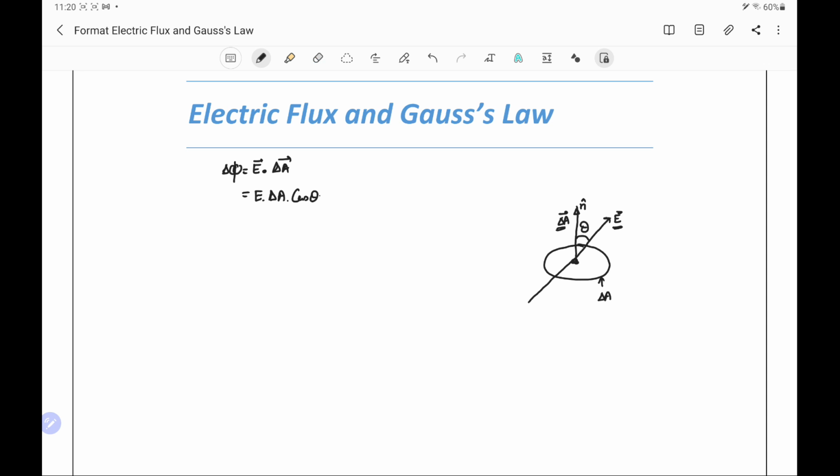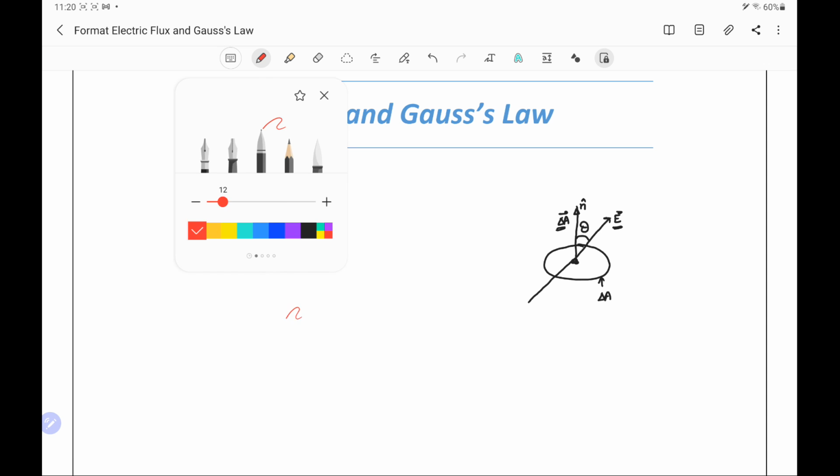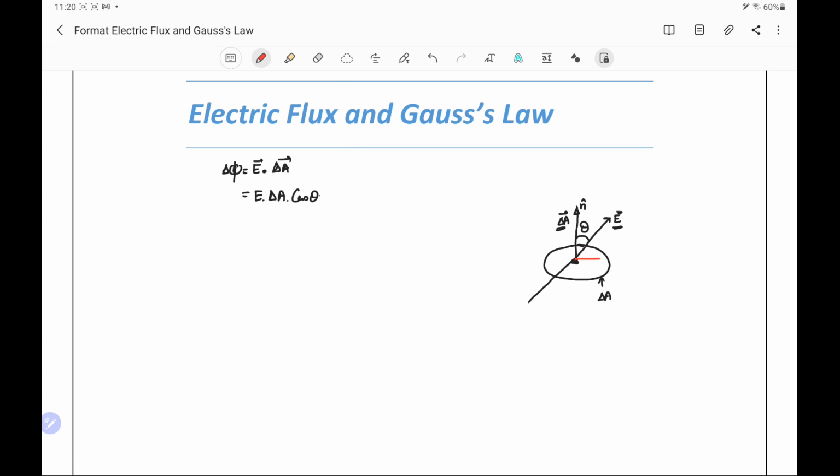Now we check the component of the E which contributes towards the flux. So we resolve this E in two mutually perpendicular directions. One component which is along the direction with theta, this will be always cos theta, which we have earlier explained, and another component will be E sin theta.